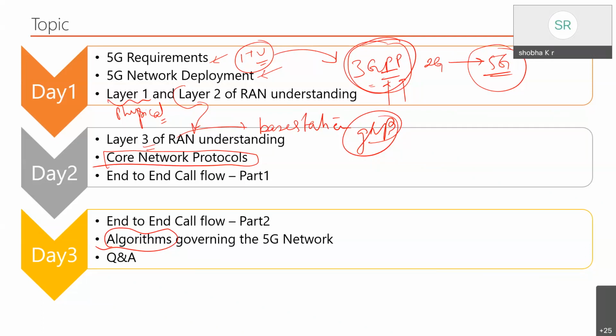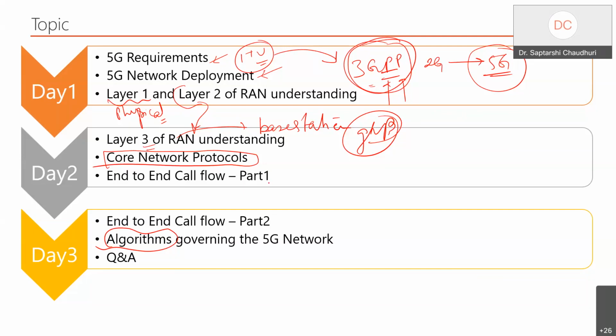Okay. So now we'll put forward what is there in the core network actually. This is one of the biggest aggregation points of any 3GPP domain, whether it started from 2G, 3G, 4G, or 5G. The core network plays the biggest role in deploying a network of this gamut, because radio access is just one aspect of it. But the core network is what we call the final aggregation point of a network.